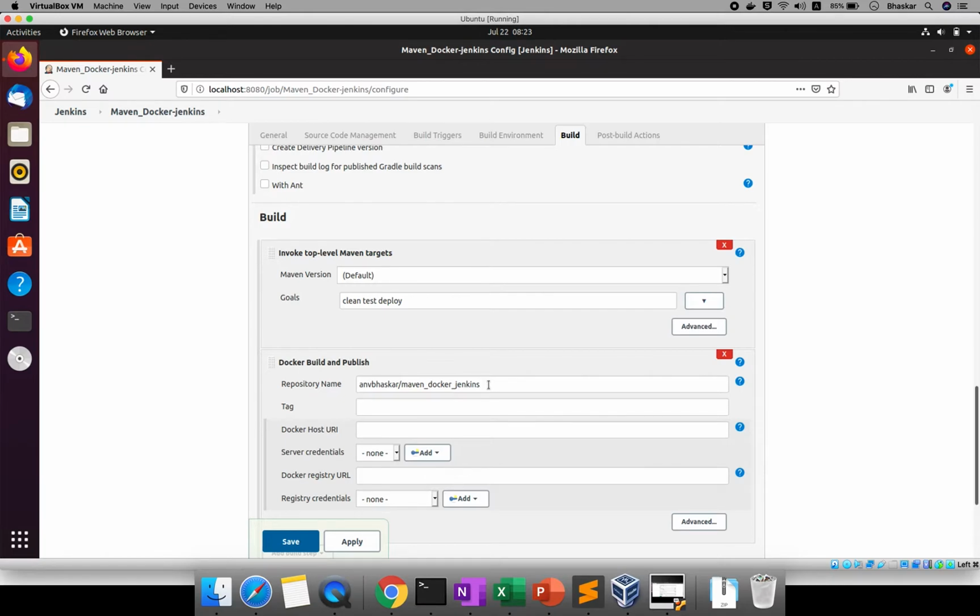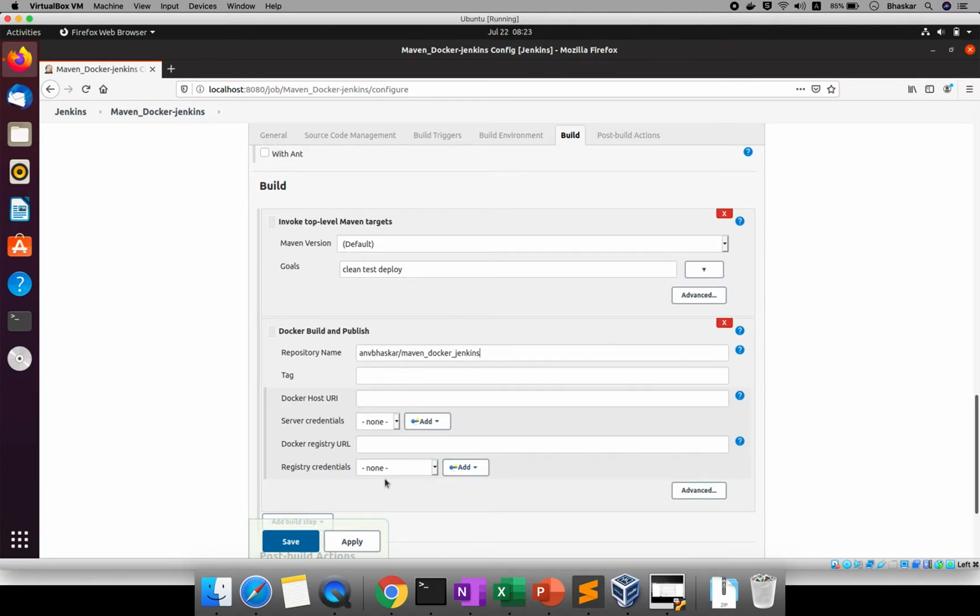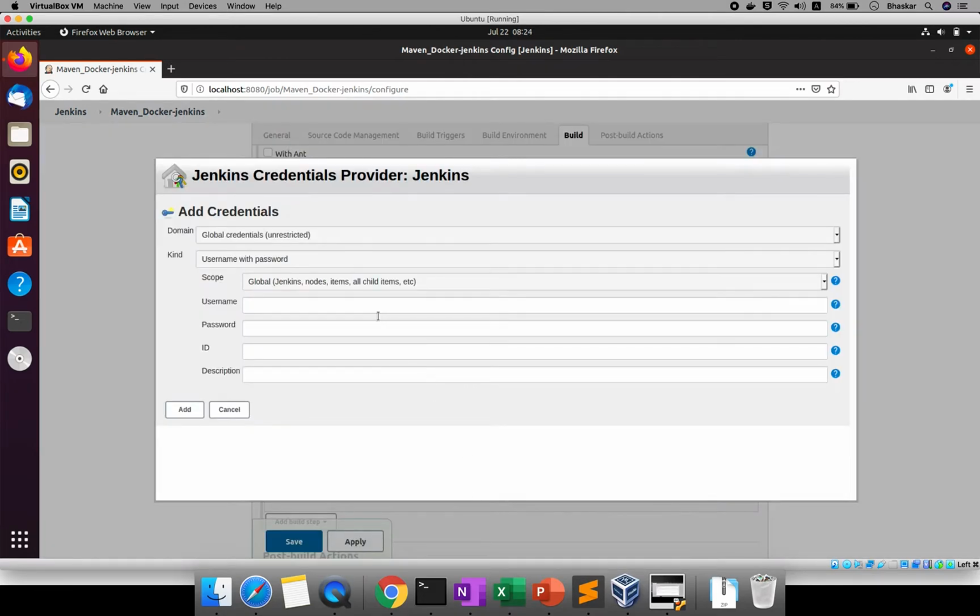Now you want to provide the version. If you don't provide the version, what will happen? We'll see. The remaining stays as it is, you don't need to do anything. And there are registry credentials here. Click on Add. I already saved my credentials. If you didn't save credentials, click on Jenkins. Here, username with password.